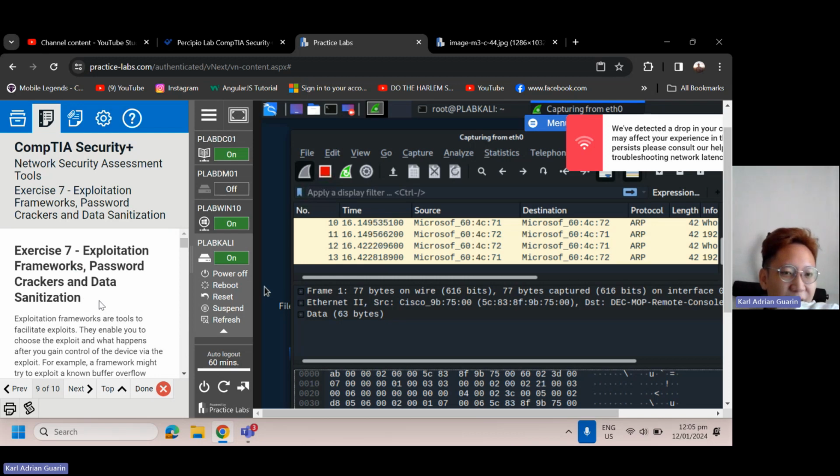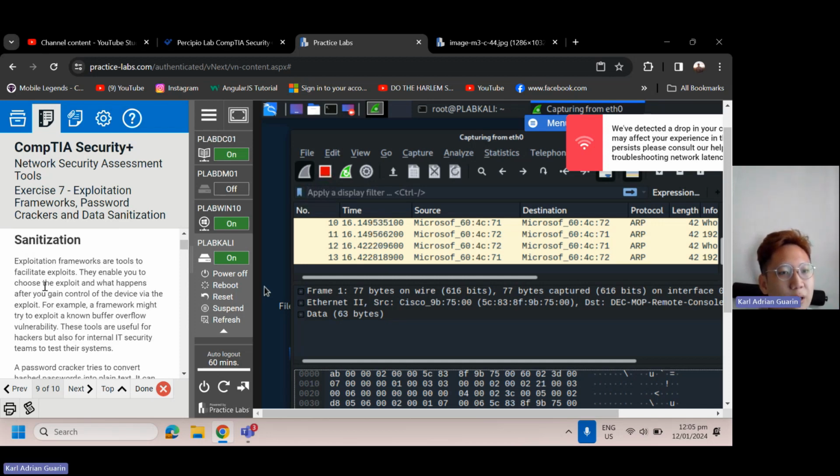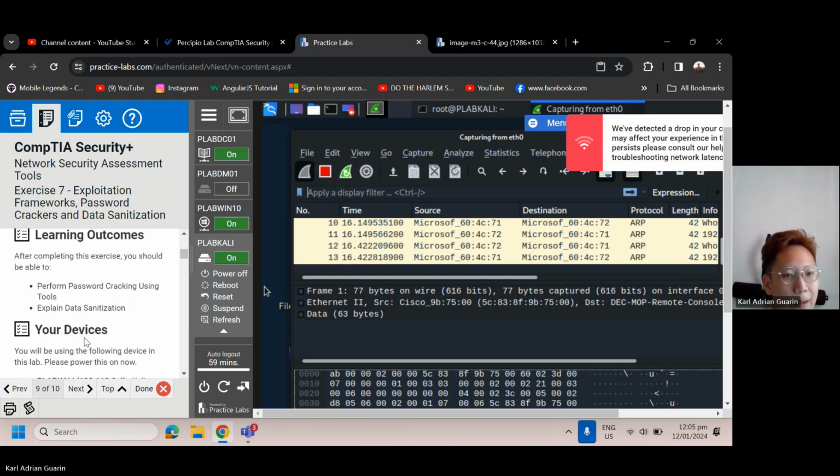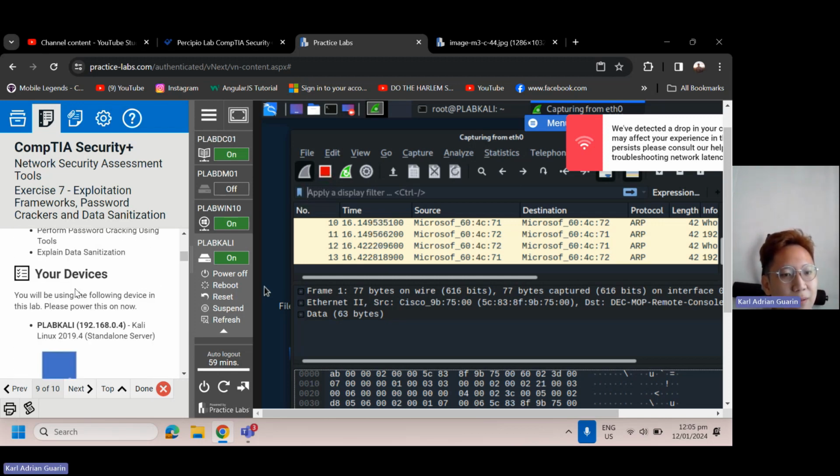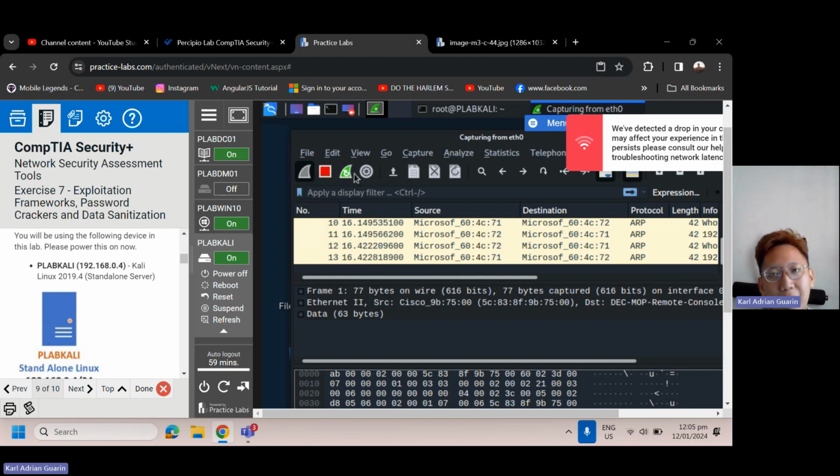So exercise number 7, exploitation frameworks, password cracker, and data sanitation. Exploitation frameworks are tools to facilitate exploits. They enable you to choose what happens after you gain control of the device via the exploit. For example, a framework might try to exploit a known buffer overflow vulnerability. These tools are used by hackers but also by internal IT security teams to test their systems. Okay, so learning outcomes. So ang kailangan lang natin dito sa ating PLAB Kali,